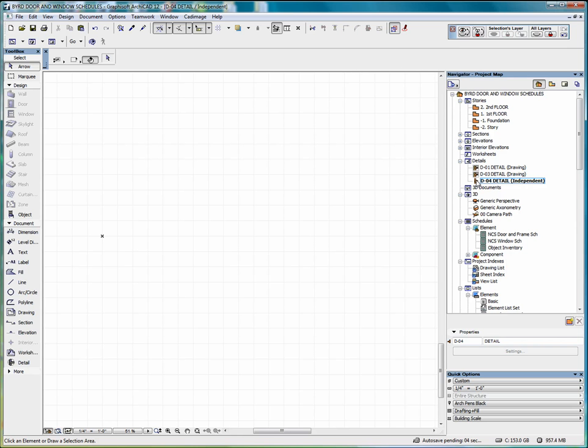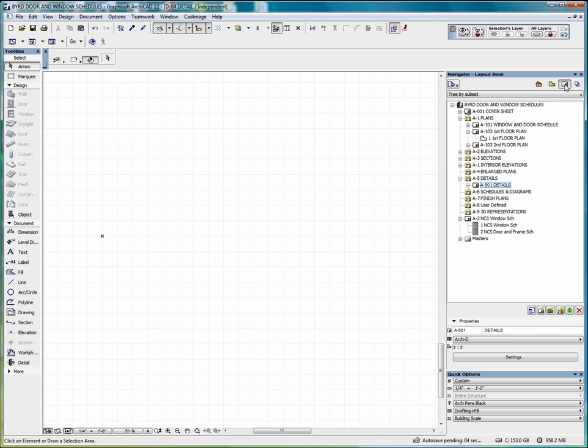You'll notice our icon for this is different from the other details. This is the icon for an independent detail. And with our independent detail, we can say bring in a PDF detail or a DWG detail from another source, drop it in here,